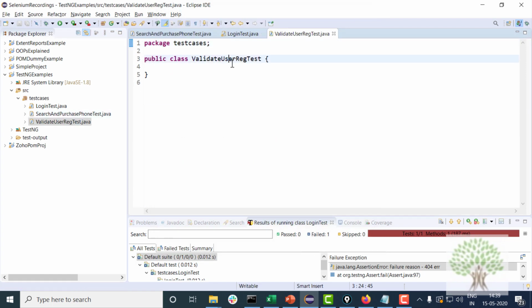Now suppose in this you are going to register a user, and you need to validate the registration.